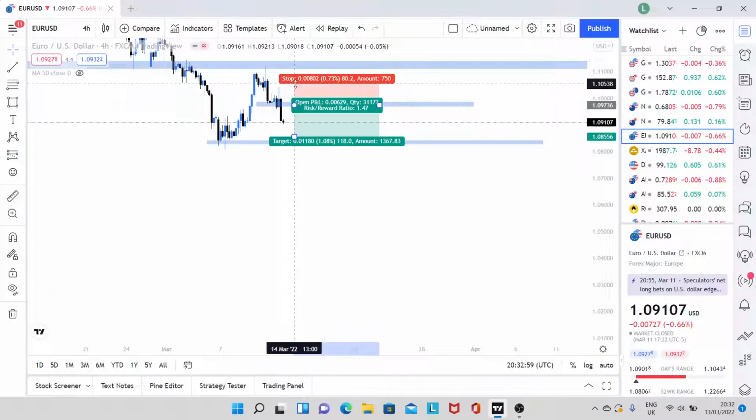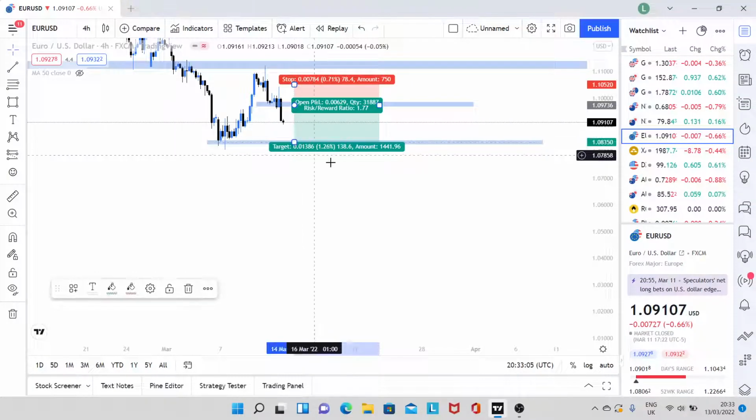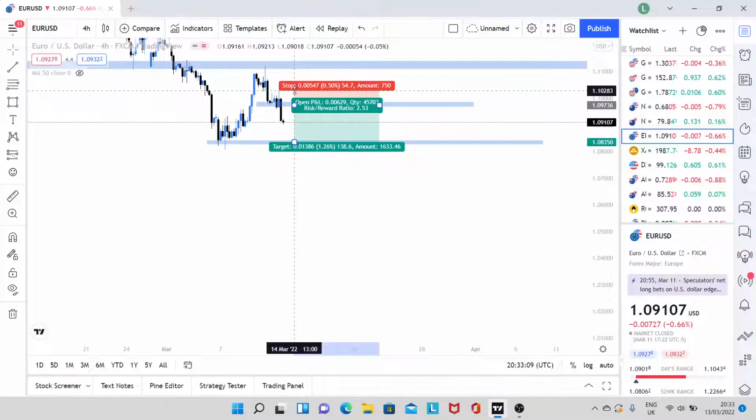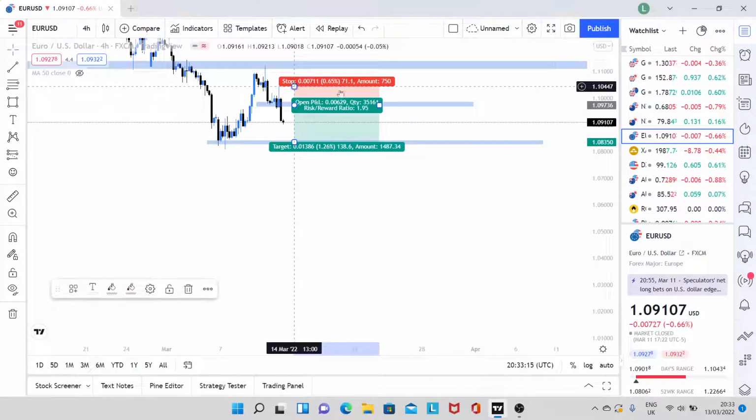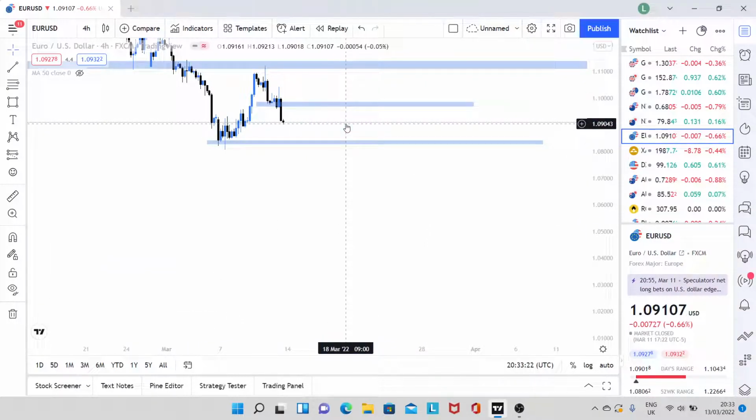I'd have my stop loss above this wick here. I know it's an 80 pip stop loss, but that's alright, because we can almost get a 1 to 2 out of this. If you wanted to be a bit tighter, you could put it down there and then guarantee yourself a 1 to 2. Personally, I'll just have it above the wick like that, and then you get almost a 1 to 2, and this trade would be over inside a day, which would be nice.